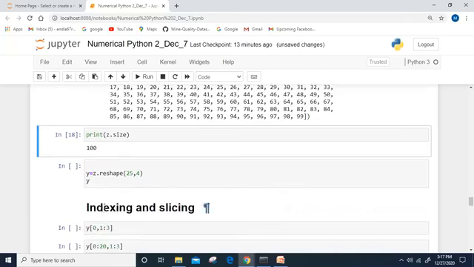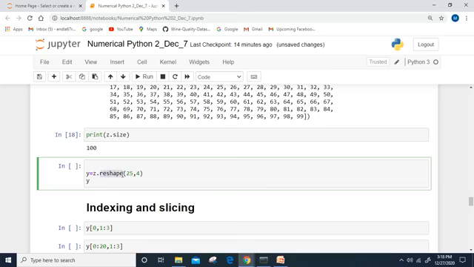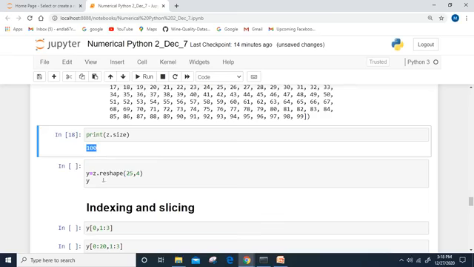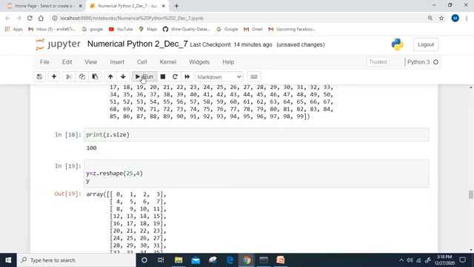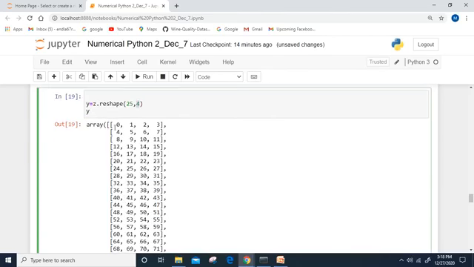Now I want to reshape that array with a number of rows and a number of columns. Use the reshape function by taking the variable name in which you have stored your data. Use that variable name and use the reshape function, and inside the reshape function, whatever shape you specify, if you multiply that shape, that number should become 100. Then only it will be successfully reshaped. Otherwise it won't reshape. Let me execute this one. See, the array is reshaped successfully. 25 rows are there and 4 columns are there.